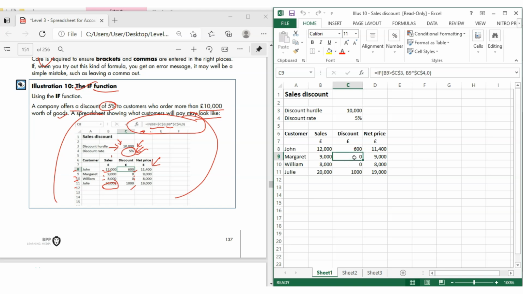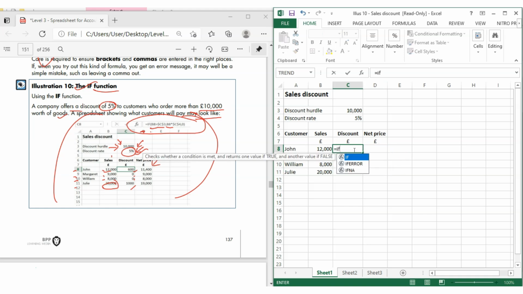Let's open this one and get started doing it. You know, they have done it for you. I'm going to delete it and do it all over again. Delete, and let's do the discount. So the discount is equal to the IF function, double click on it. If this figure here, B8, which is 12,000, is greater than, using shift and the greater than sign from the keyboard, this discount hurdle C3, and C3 should be locked with F4. Then you put a comma, then again B8